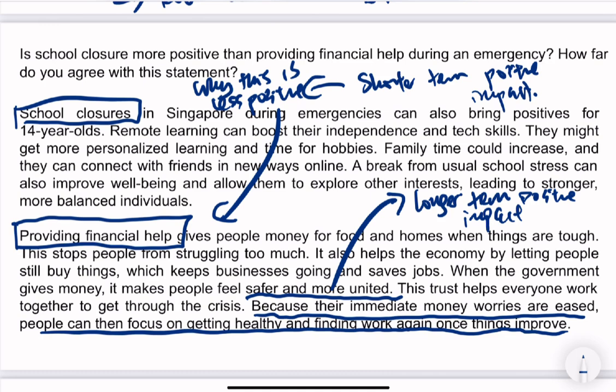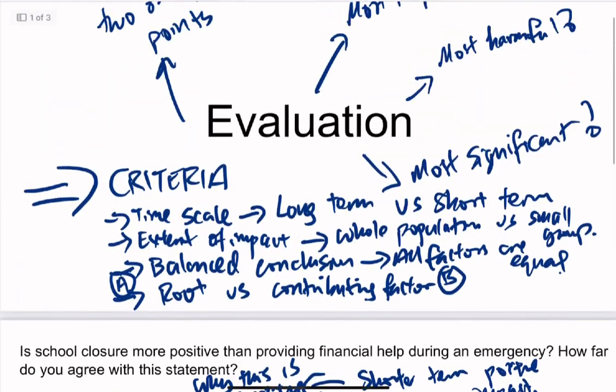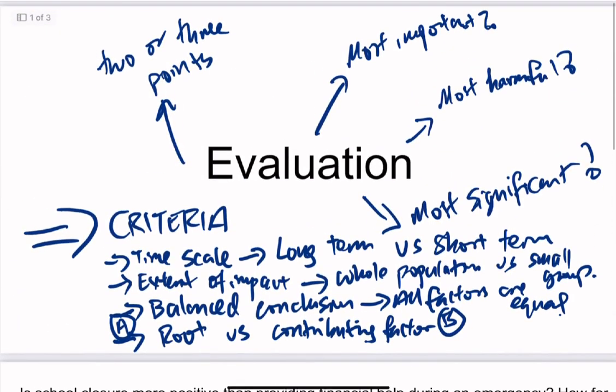It only happens in a period of time where students are at home, but once they go back to school, they stop all this already. As compared to a longer term impact whereby the providing of the funds actually helps people have more confidence in their own future. All right, so this is basically how we do an evaluation for our essay questions, especially